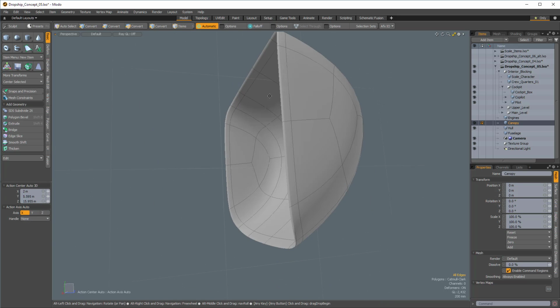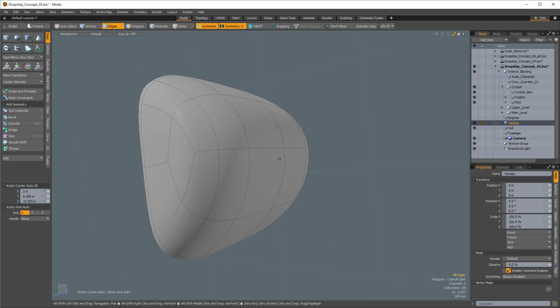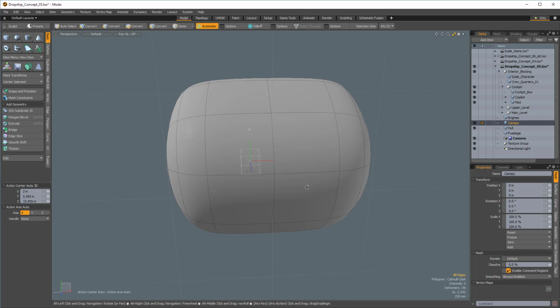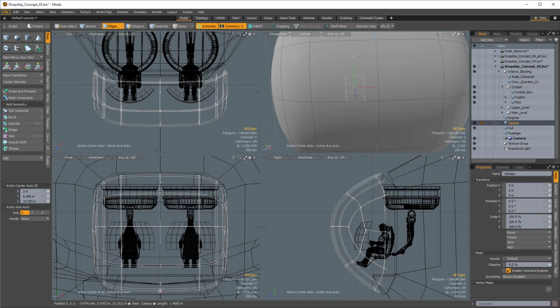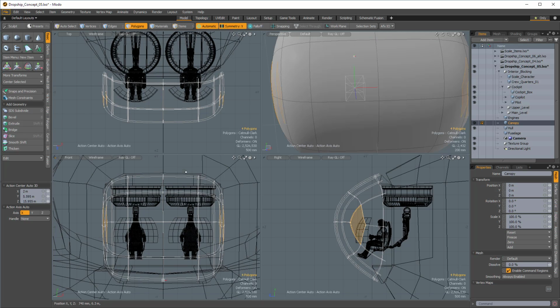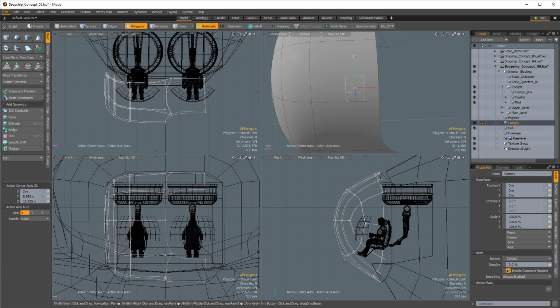Okay, so now we have pretty much everything set up. So I did notice that there were some problems with my symmetry. So what I'm going to do here, and you can see if you look real carefully, there is a little bit of misalignment going on here. So what I'll do is turn my symmetry off, and then select everything on one half, Control X,